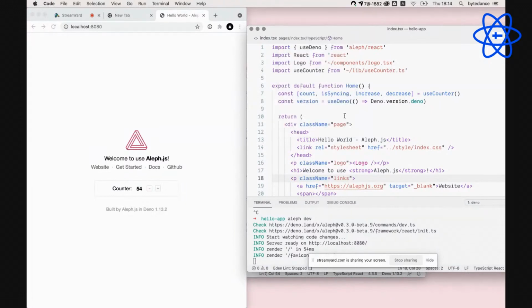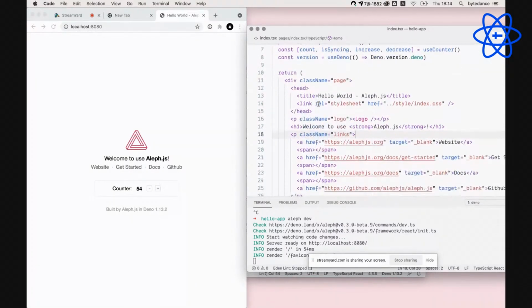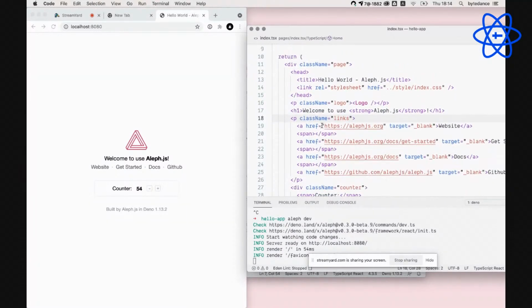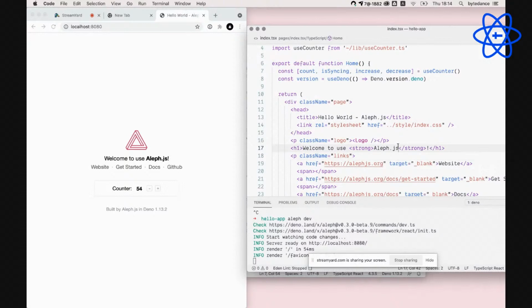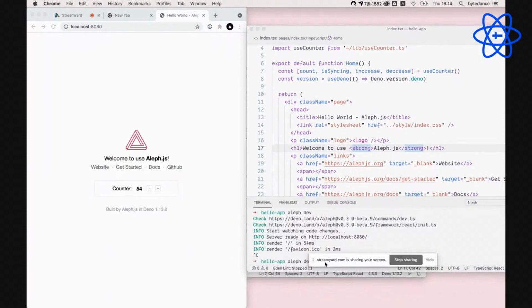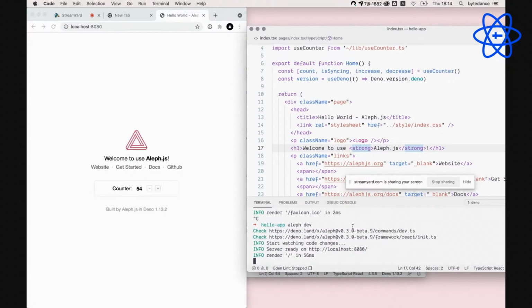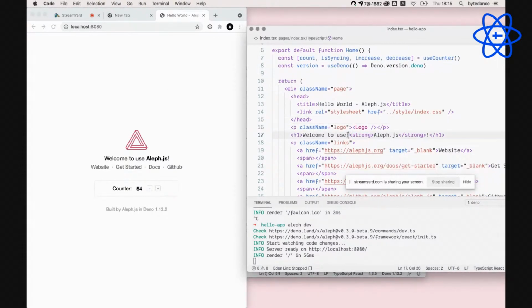So in the index page, it's a normal React component. After you start the server, you can see the page, and the page will follow your changes immediately.